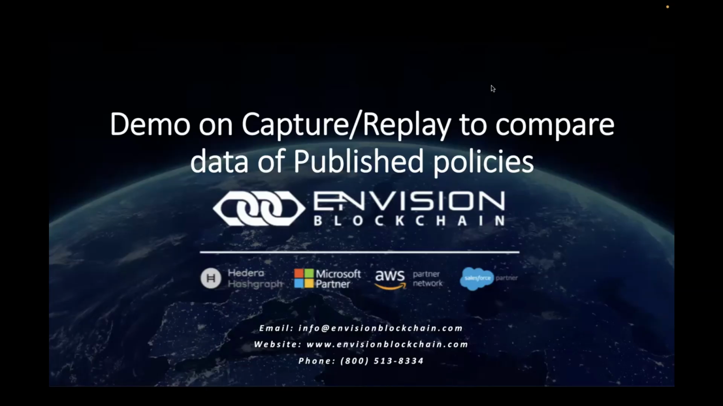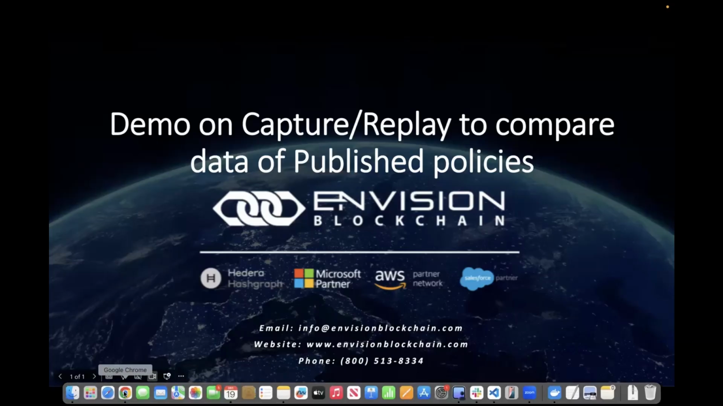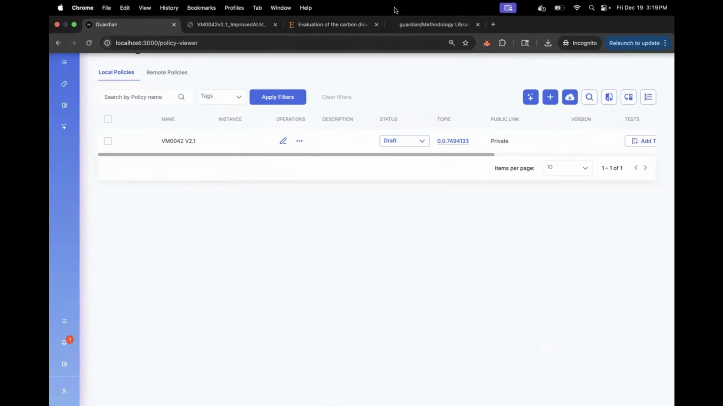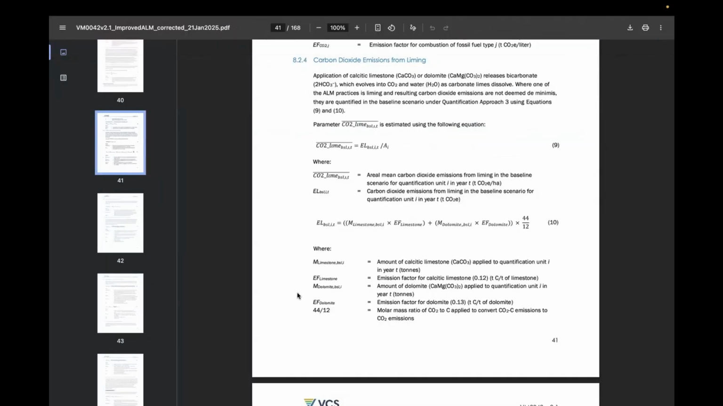Today I'll be giving you a short demo on the capture replay feature to compare the data of the published policies. In this example, we would not be changing the complete data of the project, but the change would be in the emission factor for the calcitic limestone defined by the VM42 methodology. In the baseline emission calculation, we are using EF limestone, which is the emission factor for calcitic limestone. As per the IPCC, the default value is 0.12, which we would be